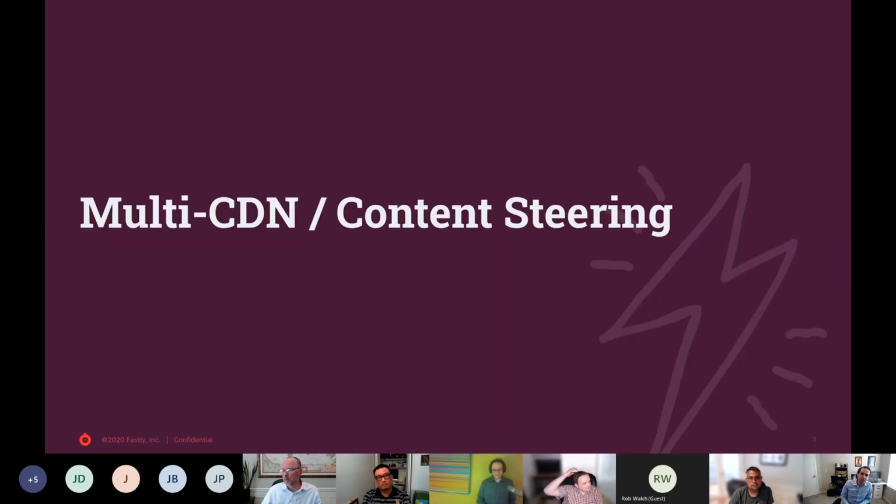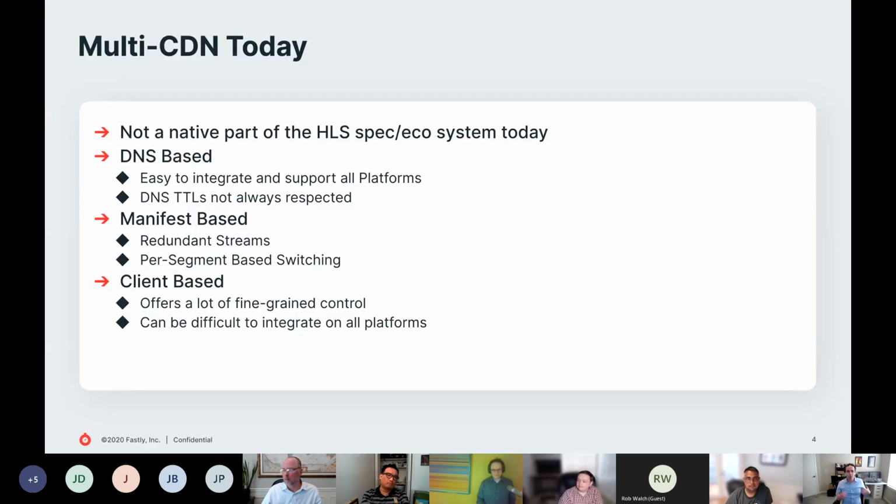So jumping into multi-CDN and content steering. Today, there's a lot of media companies out there that have a need for multi-CDN from a lot of different angles, be it certain CDNs are more performant in certain regions, for redundancy and failover, or in the case of very large events, it can also be for scale reasons and distributing the